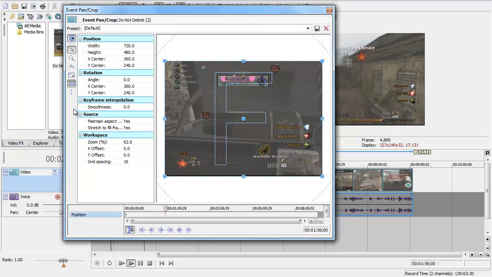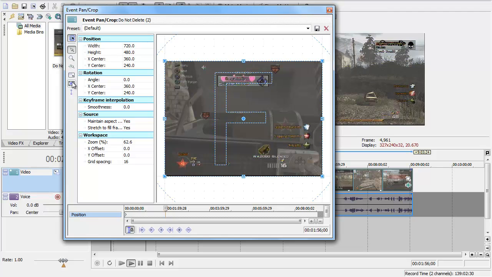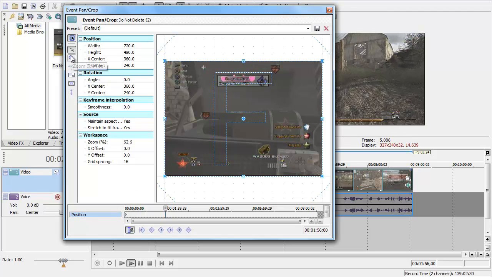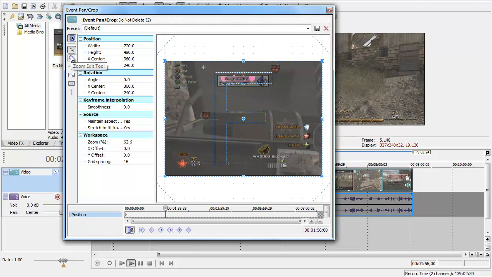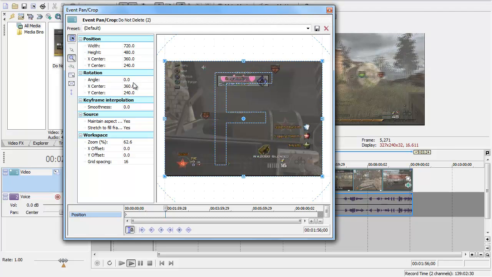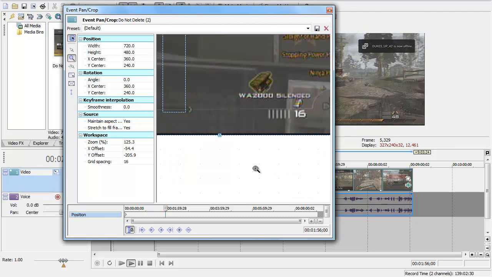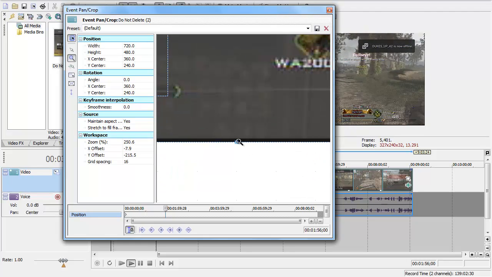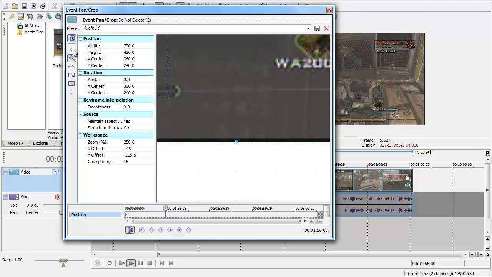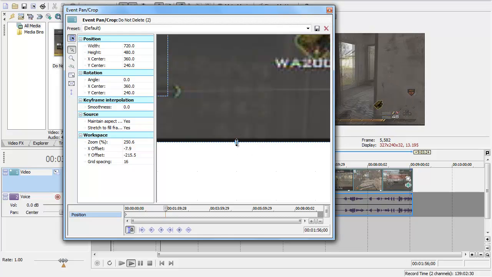If it's clicked down like it is right there, unclick it. It makes it so much harder to actually resize the actual video itself. So what you're going to do is zoom in by clicking the zoom tool, and zooming into your appropriate location by clicking the left button twice. That's what I recommend. And then you're going to come back to your normal one, and you're just going to